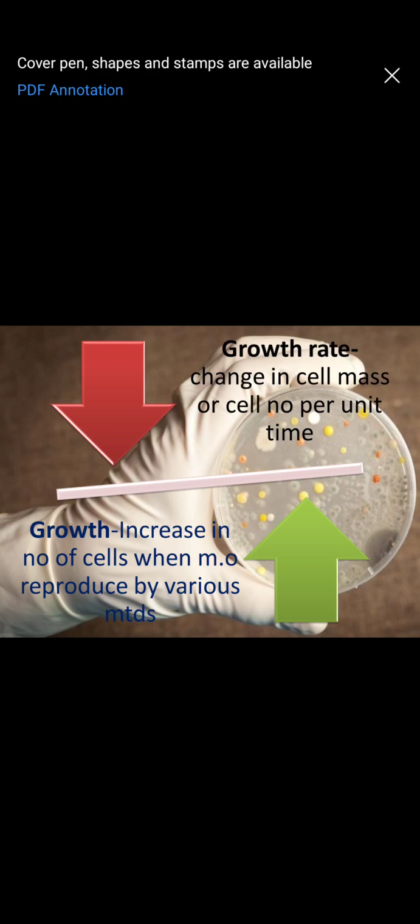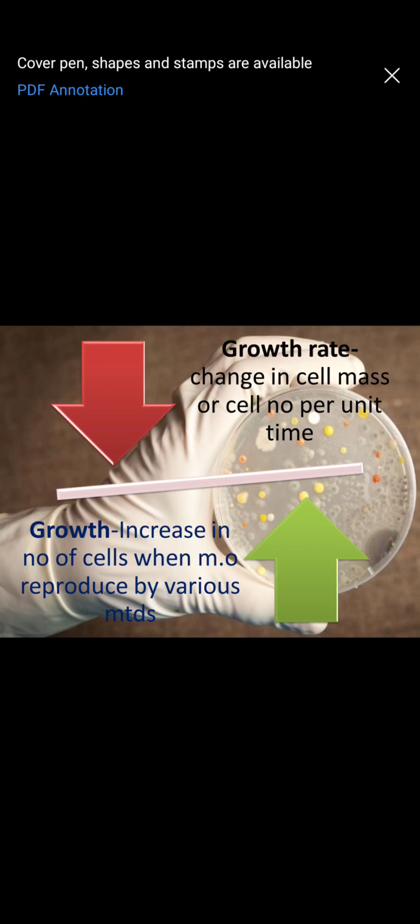What is growth rate? When you inoculate the organism into a fresh medium, there is a change in the number of cells. That is, the number of cells will start increasing. After a particular time the number starts remaining constant, or they decrease. So after, say, 2 hours, how many cells have increased? That is called the growth rate. That is the rate of change in cell mass or cell number per given unit time. That is called growth rate.